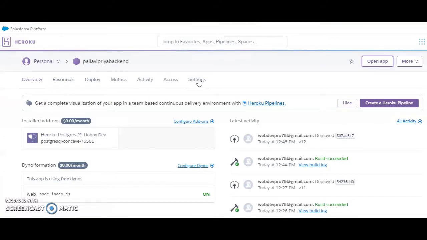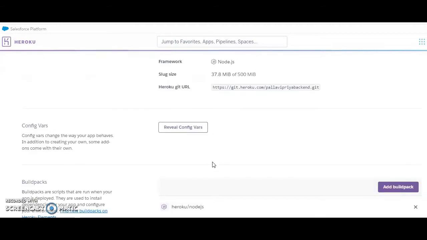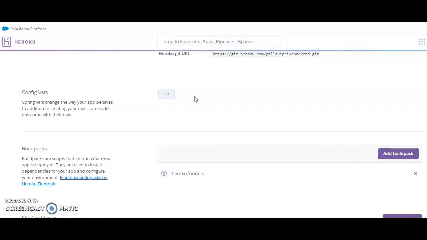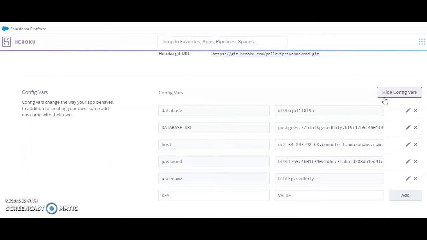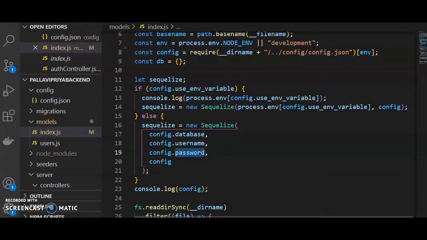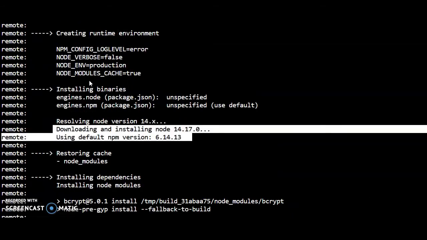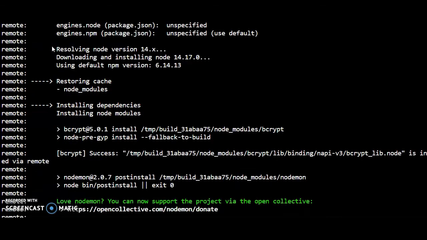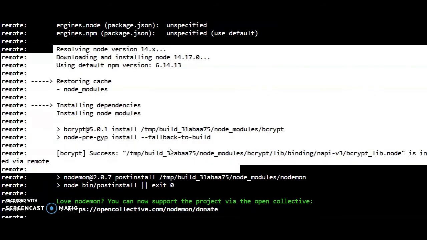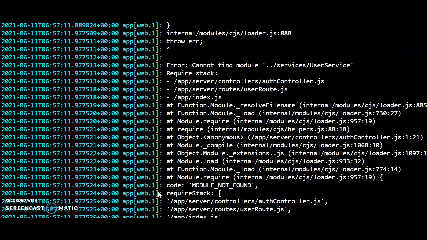Here also in the settings, you have to configure the variables. Okay, so these are the two database settings you have to do. I'm accessing the reveal config vars from the app's configuration file. Here you can see I've set all the variables, which are also super secret. Now what it will do is set the runtime mode, install all the dependencies, node modules, bcrypt. Nowadays it also gives support for nodemon, so you can use that too, and at last it will launch the URL. So this was the process.